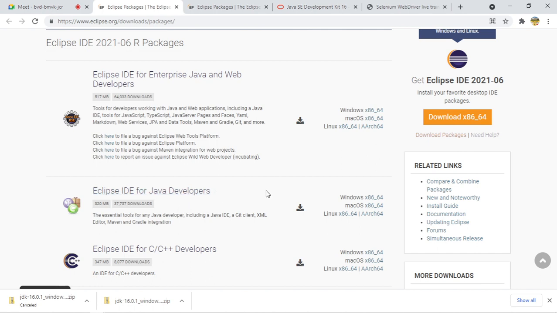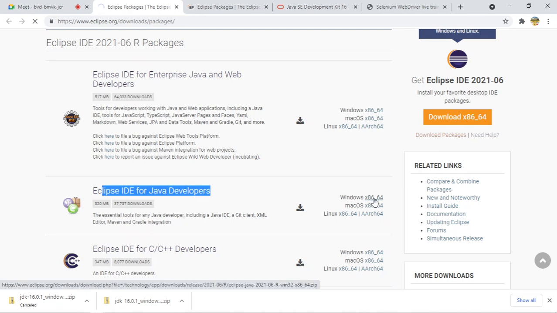Go to this one, and here if you see, Windows is this one, Mac operating system is this one. Anyone working on Mac operating system can download this one. I am working on a Windows 64-bit machine, so I will download this one. If anyone is working on Linux or some other operating system, they can download this one. So now click on this. First go to this one, and now you have to click on this.